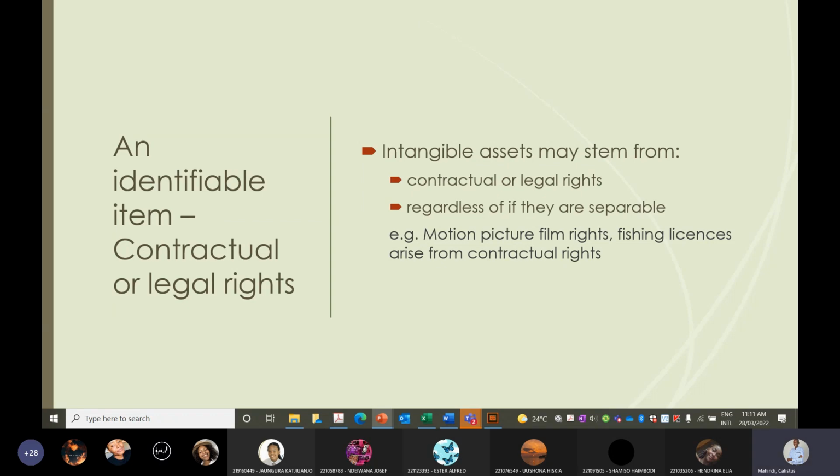The contractual legal rights, this is basically the same thing. Let us say Premier League. I don't know if you like football. I like football, so I watch the Premier League. I also like motor racing, I watch Formula One. Then you have